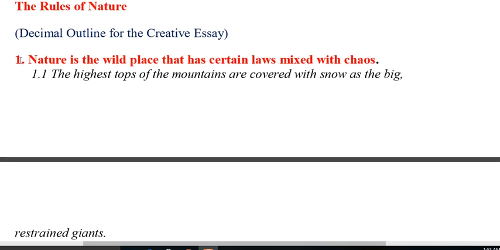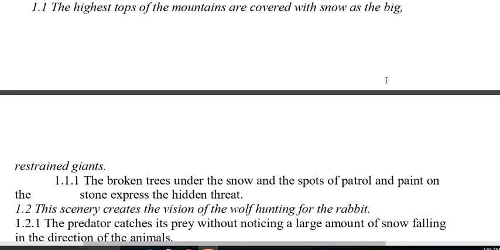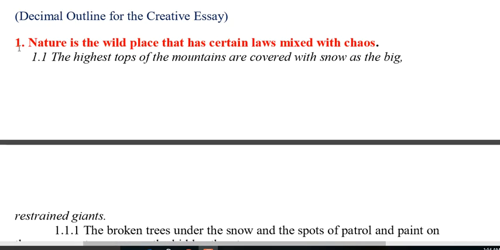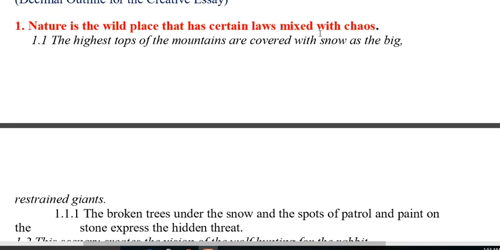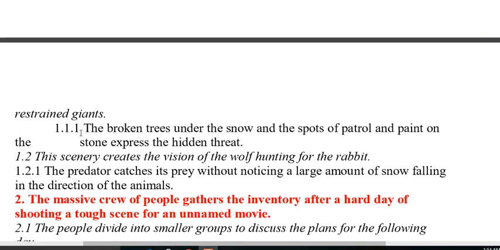Now see, point 1.1, it has been divided. The highest tops of the mountains are covered with snow as the big restrained giants. Got this? It is the sub heading, a subsection of the main section. But now see here that this, snow as the big restrained giants, has been further divided. And see it,